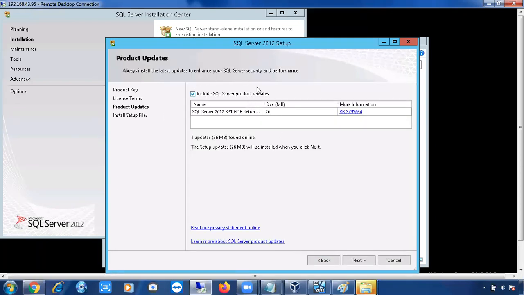Okay, this is the update for SQL Server 2012. Remember one thing: in an organization, servers don't connect to the internet. They are connected to the intranet only. Internet and intranet are different. If your machine is connected to the public network, that is the internet. If machines are connected internally, that is the intranet. So uncheck this one, because if you have internet, only then will it download and update. Usually in organizations servers don't have internet, so I'm unchecking it so it is not going to update, and go next.